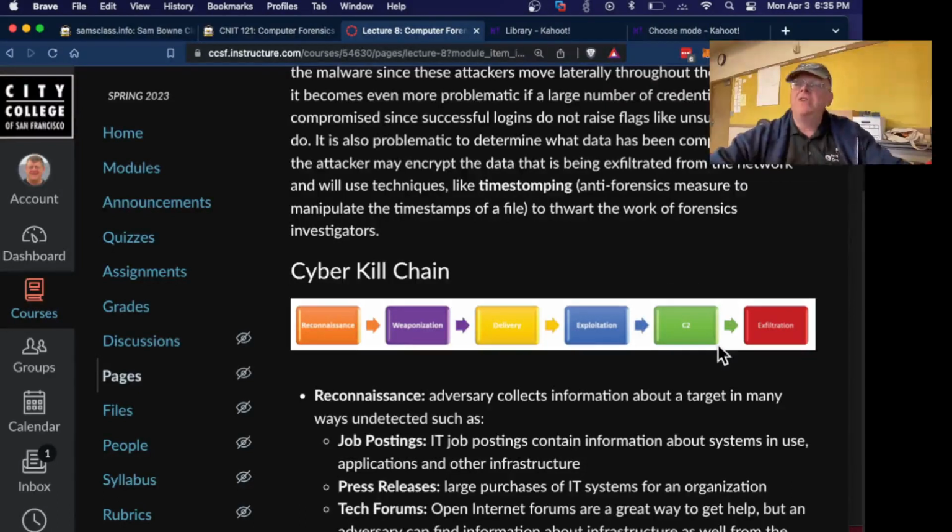where you have a persistent agent inside the network and you have an external agent controlling it, so you can give it commands: steal this, move over here, attack this thing. And then you have exfiltration, where you sneak the stolen data out of the network somehow. That's a simple model. I should mention the more modern model, which I think is better, is the